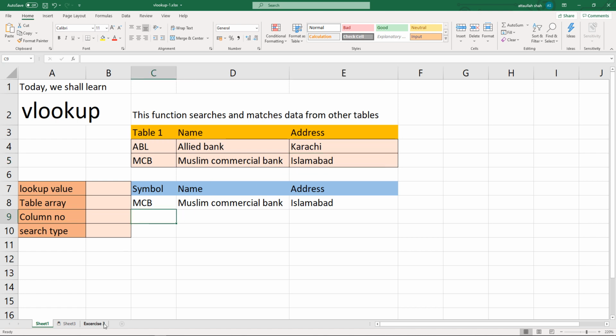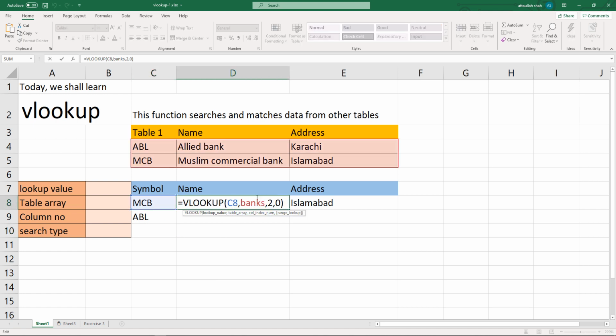Similarly, if I type ABL, and now in this specific formula there is only one variable part, that is C8. So if I copy it down, it will become C9, and in C9 we have another VLOOKUP value.